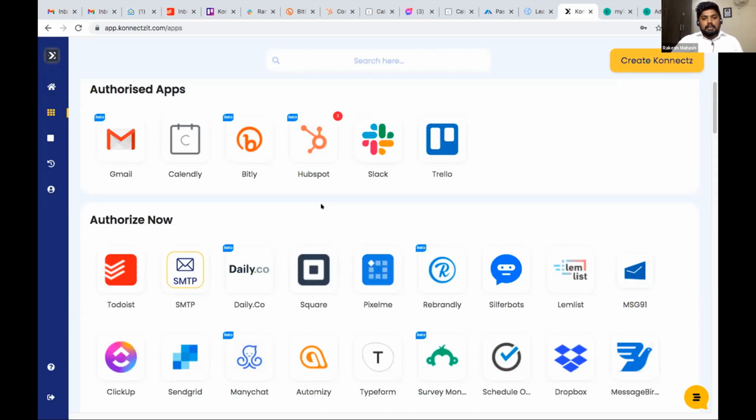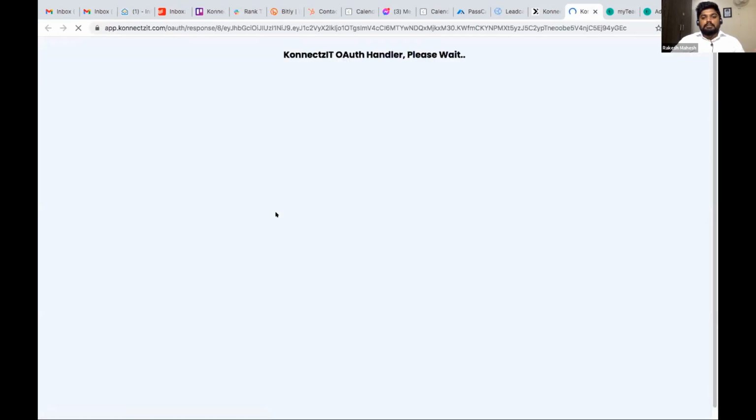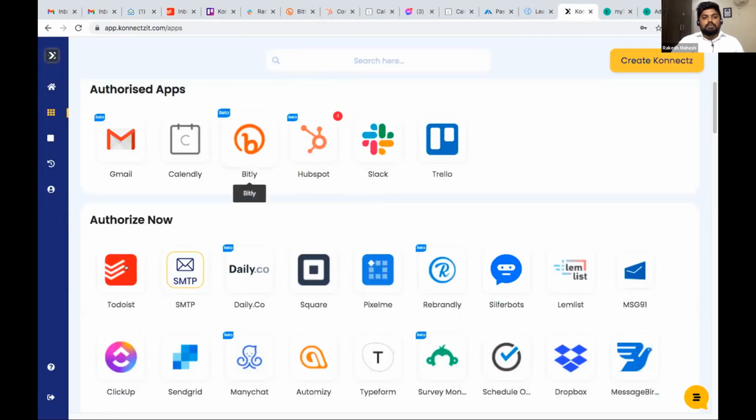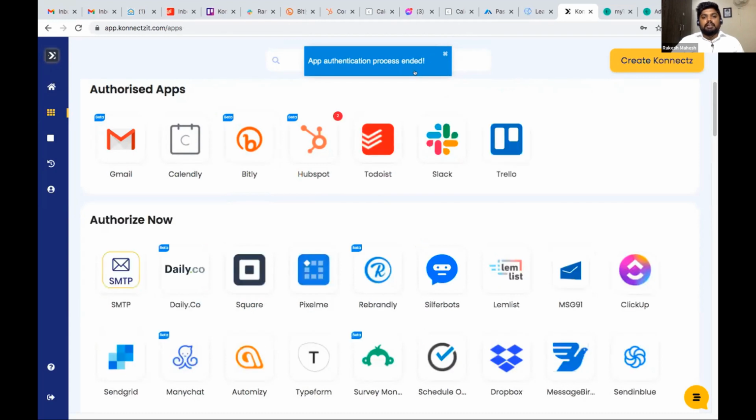To authorize these apps, one type is OAuth based authorization, where you click on giving and allowing access to a particular application, which will authenticate the application.